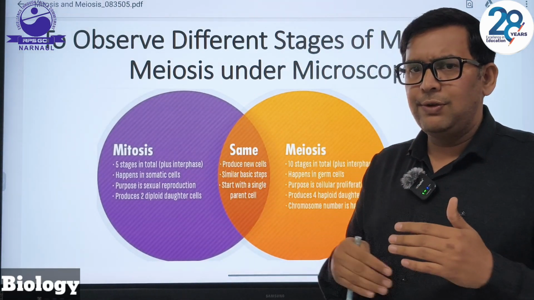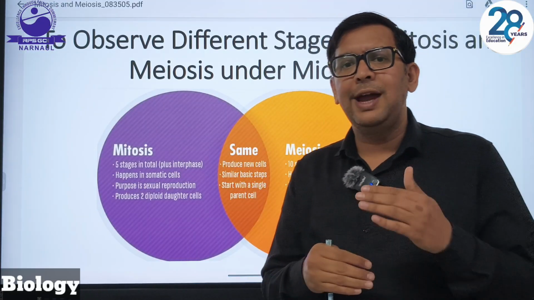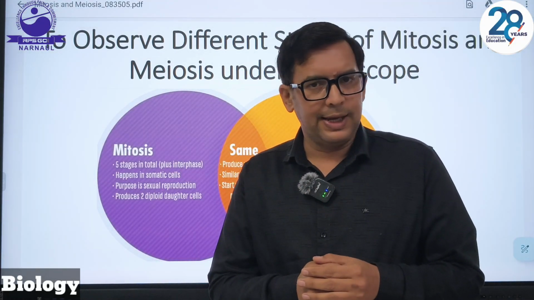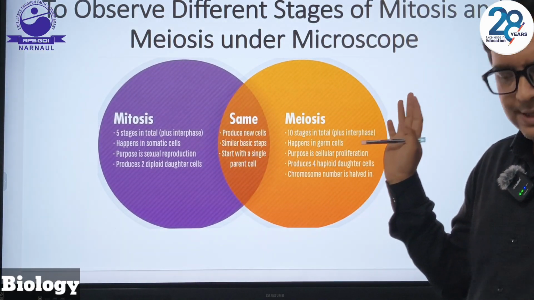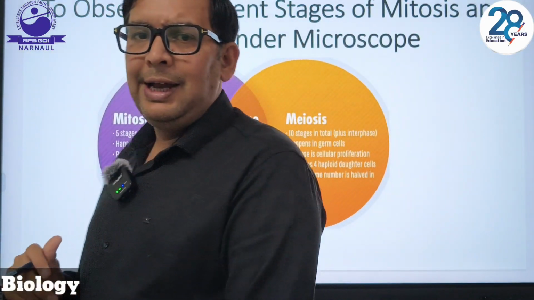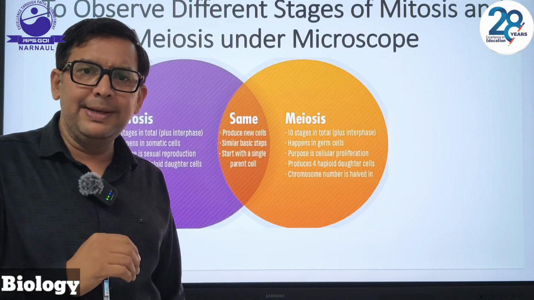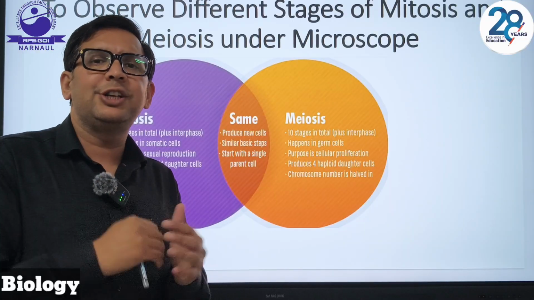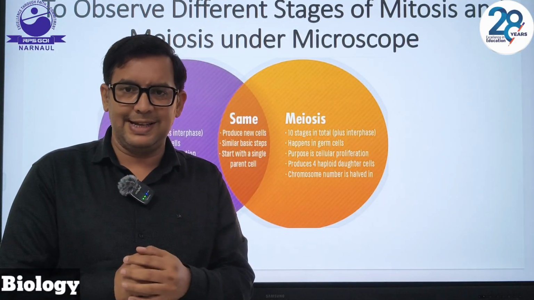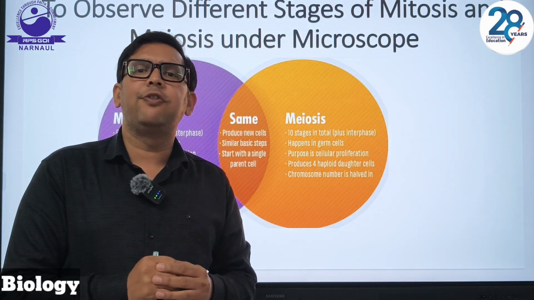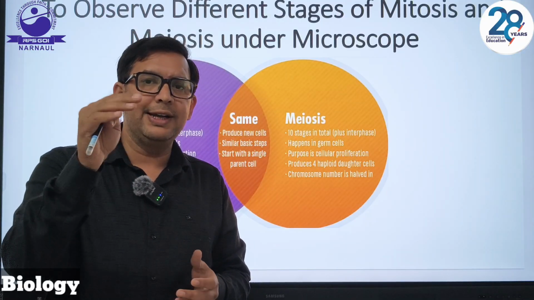One by one we will try to focus on the particular section so that we have a keen observation. Let's start with this. We have mitosis and meiosis. Mitosis, you know very well, produces two daughter cells which have the same ploidy. It means there is no reduction in the chromosome, whereas meiosis will result in production of four daughter cells. If there is production of four daughter cells, it means that the chromosome number gets reduced, or the ploidy gets